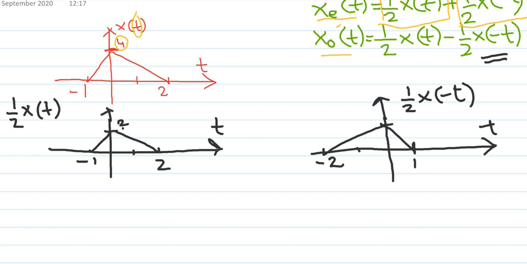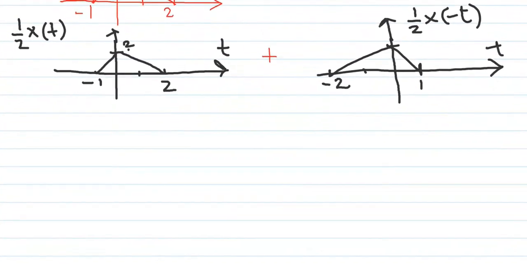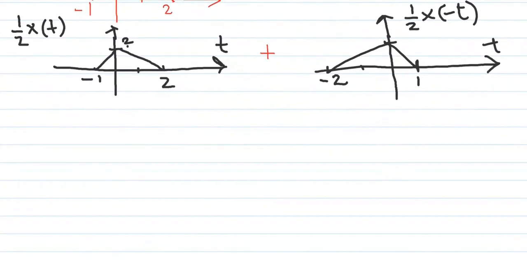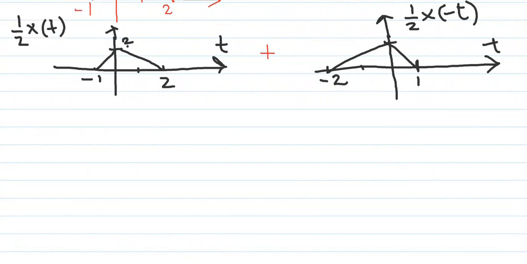So basically we have drawn the signal half x of t and half x of minus t. Now for even, we need to add them. We will add them to get the even component here. Okay, so I'm just moving it up here, and I will add them to get the even signal here. So let me make it here. So my even signal will be,